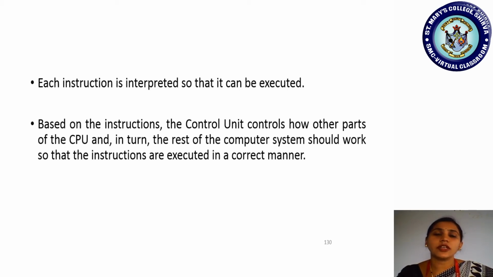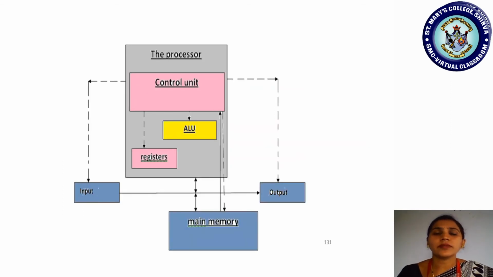Based on the instruction, the control unit controls how other parts of the CPU, and in turn the rest of the computer system, should work so that the instructions are executed in a correct manner. So, according to the instruction, the control unit's job is to check how the other parts of the CPU, it could be the arithmetic unit, logical unit, or the memory, or the other peripheral devices, should work in harmony so that the instructions are executed properly, as the user has programmed. Okay, so this is a